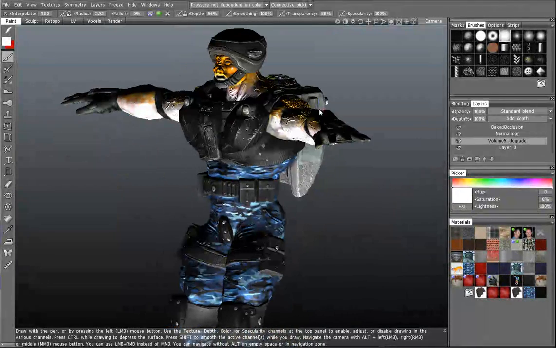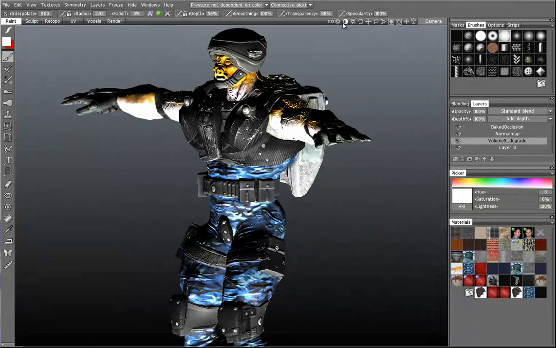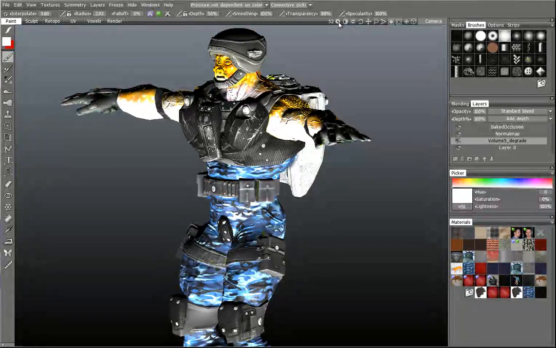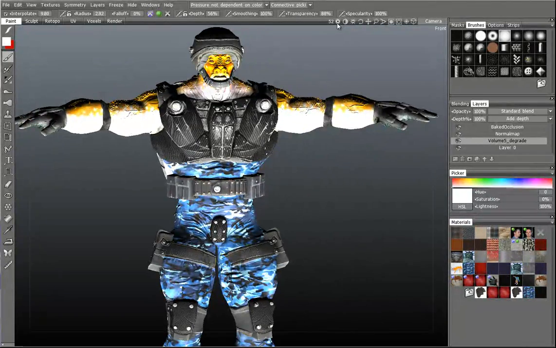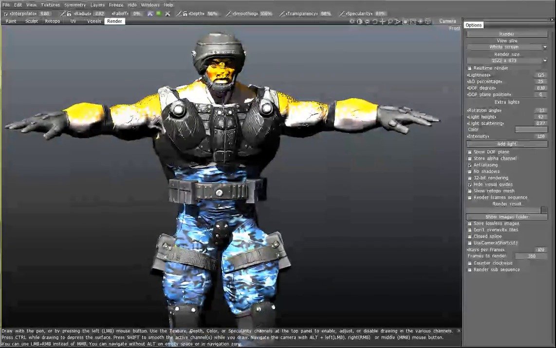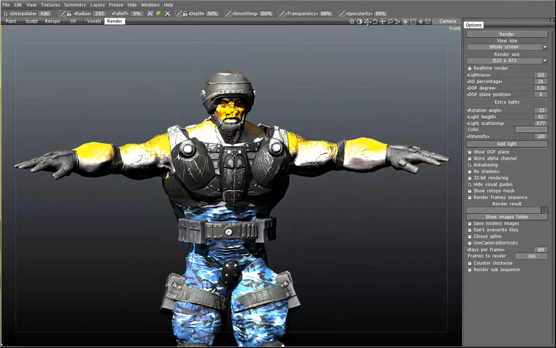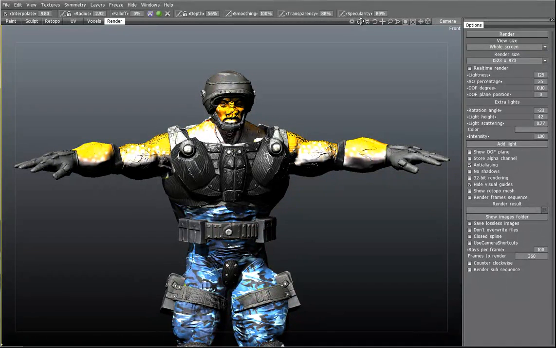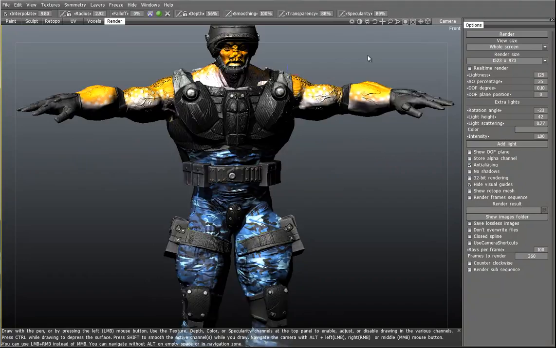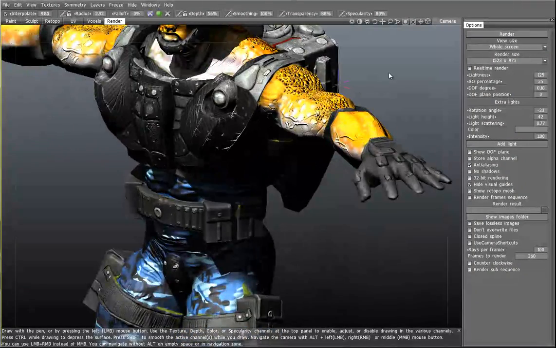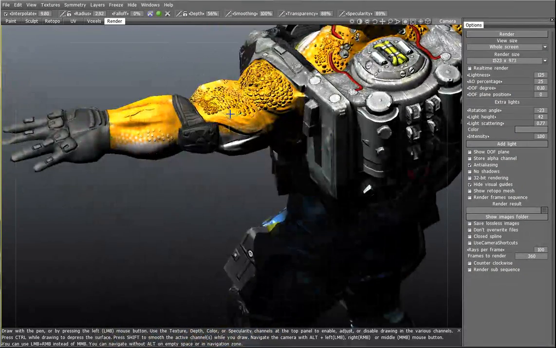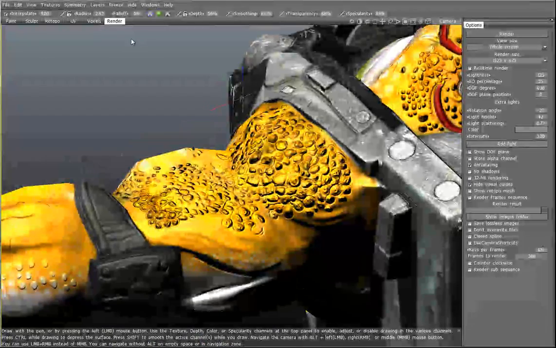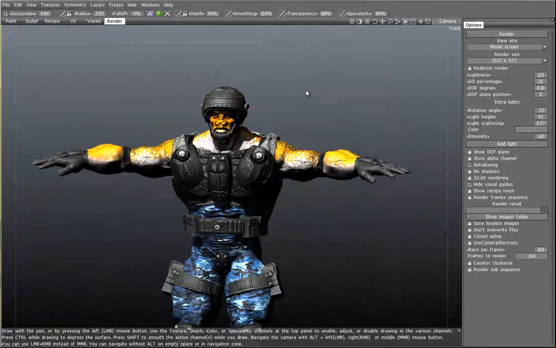And then in the painting room, right now I've got the lights kind of screwy. I didn't know that if you're in the render room that it'll influence the other rooms. Across the top of the render room, you've got settings for the light's angle and its intensity. So apparently what looks good in the render room may or may not look good in the painting room or in the sculpting room. But